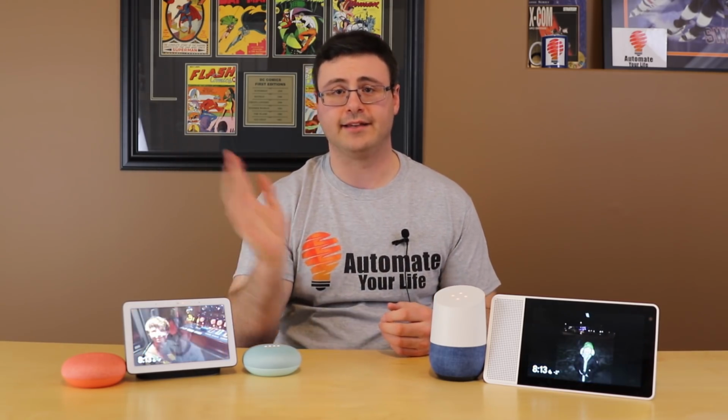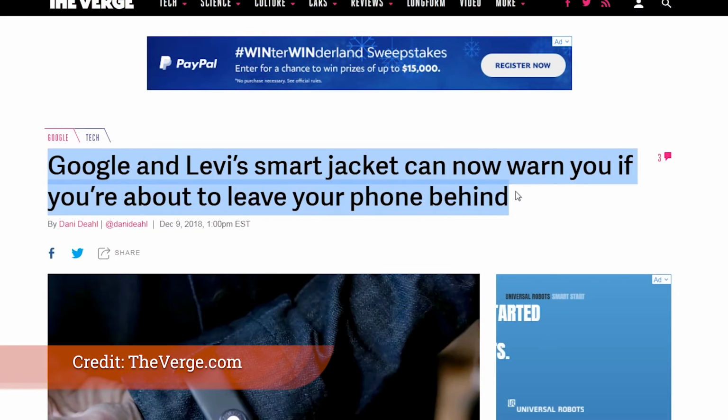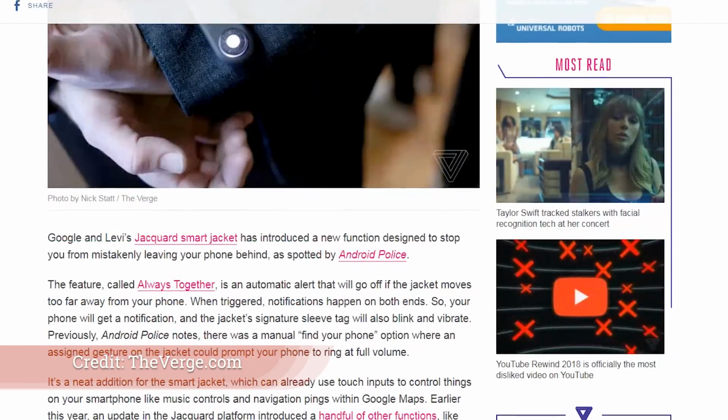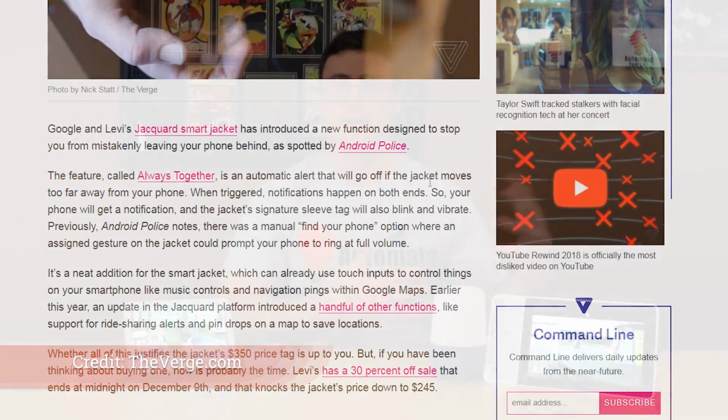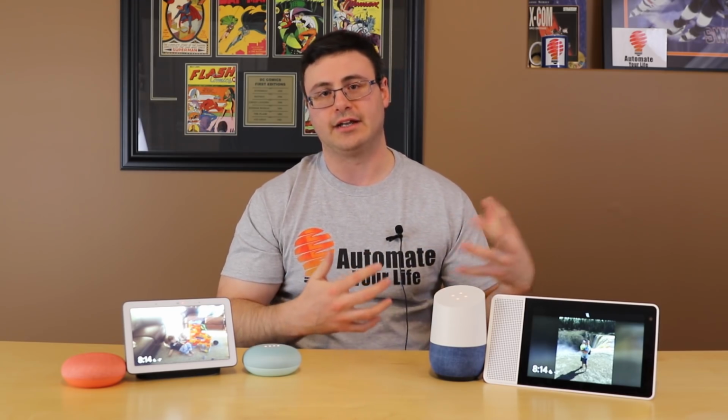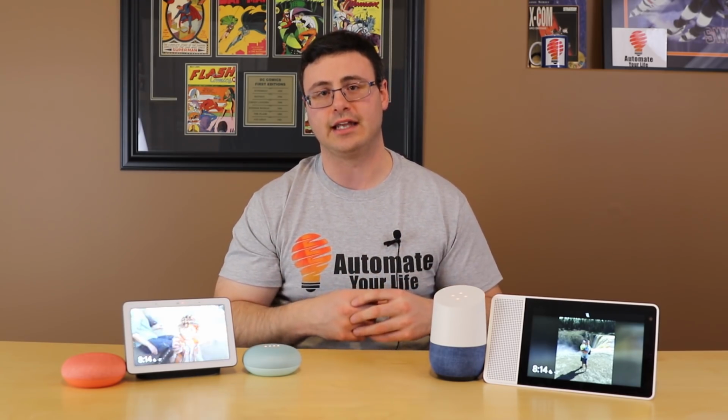Now, I don't know how to say this smart jacket name, so I'm just going to butcher it, and you guys can make fun of me in the comments. That's just fine. But the Jacquard, it's a Levi's smart jacket that has the ability to actually notify you. What Google, the Google Assistant and Levi's have created is a device that knows if your phone has moved away from your jacket. So if you're leaving your phone somewhere, or you've walked away and forgotten your phone, it's going to notify you not only on the phone, buzzing at you, but on the jacket you're actually going to see a